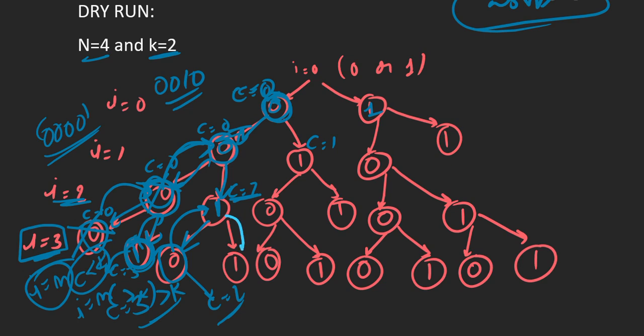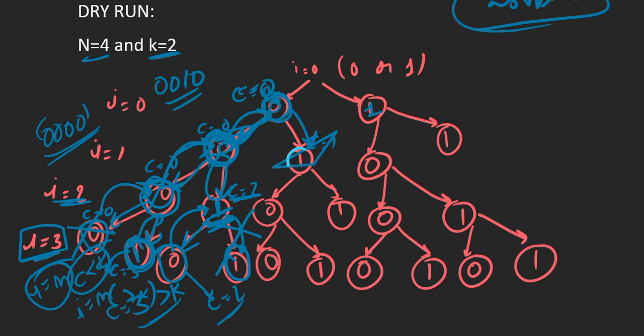Now we go to this case where we can put 1, but before putting this 1, we can see our previous character was a 1, so we do not put this 1 here, so we revert back from here. Now we explore both the cases on this index also, so we go to this position. Now at this position, we explored the case where we will put 0, so now we will explore the case where we will be putting 1, right?